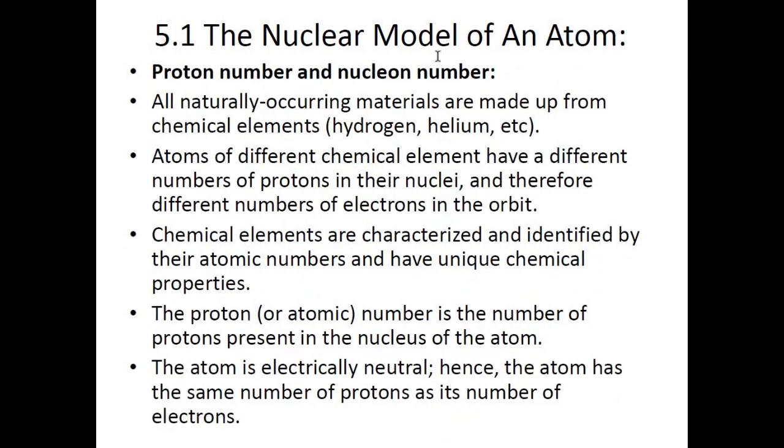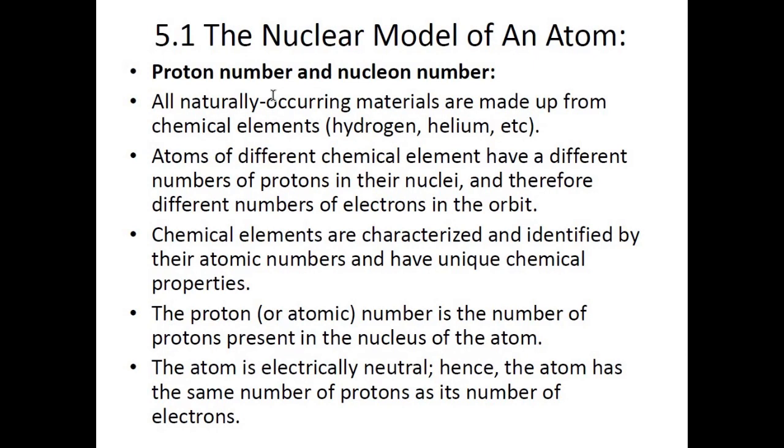Proton number and nucleon number. All naturally occurring materials or elements are made up from the elements found in your periodic table, such as hydrogen, helium, sulfur, etc. Atoms of different chemical elements have a different number of protons in their nuclei, and because of that they have a different number of electrons in the orbit, as well as